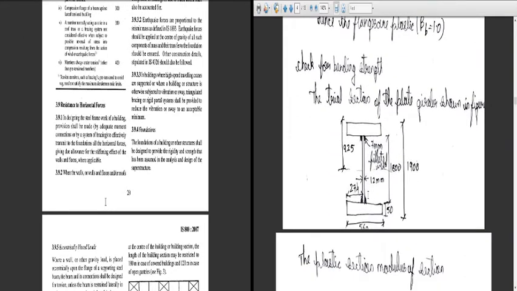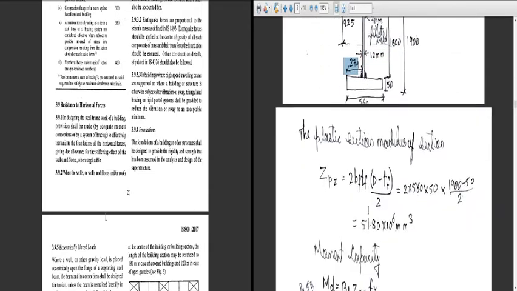Now we will start with the check for bending strength. So the trial section of the plate girder is shown here. This is the web portion and this is the flange portion. The web is of 1800 depth and 12 mm thickness, and the flange is of 560 mm width and 50 mm thickness, and they are welded with 7 mm fillet weld. We have already found out the outstand of the flange b, that is 274.